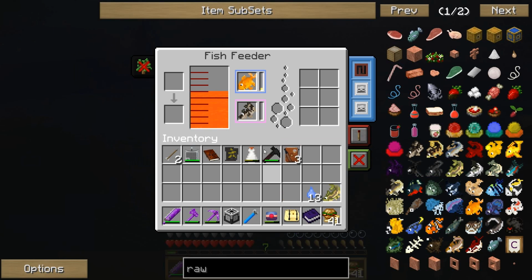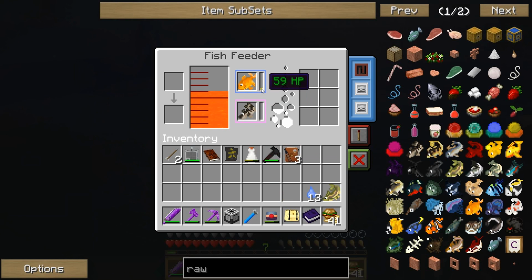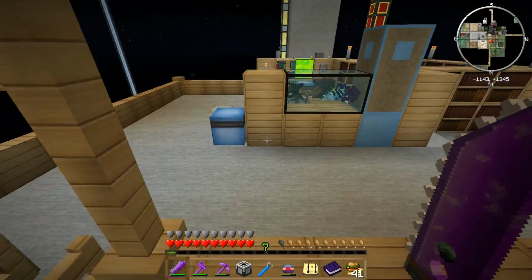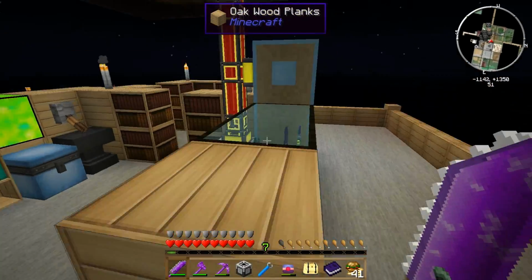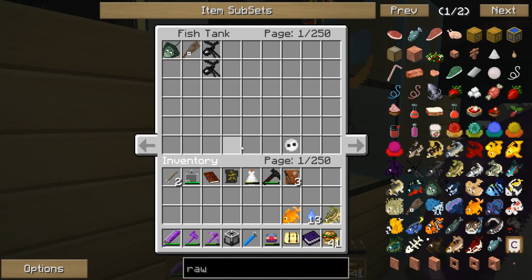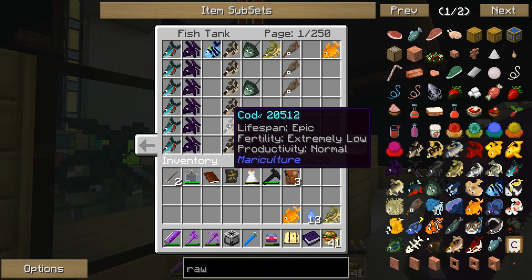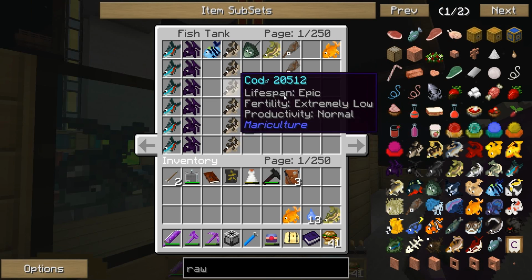So I've been experimenting with this. I'm hoping that should work out just perfect. No, not quite. So what I'm trying to do here is I want the goldfish to be the last male when the female dies, so I need a male fish that will...